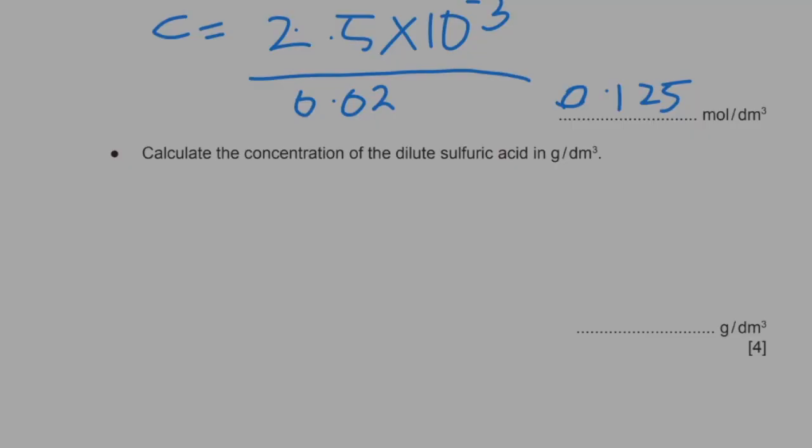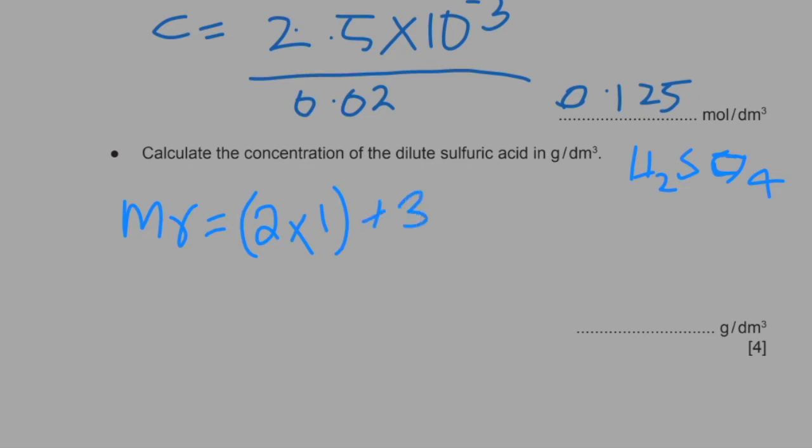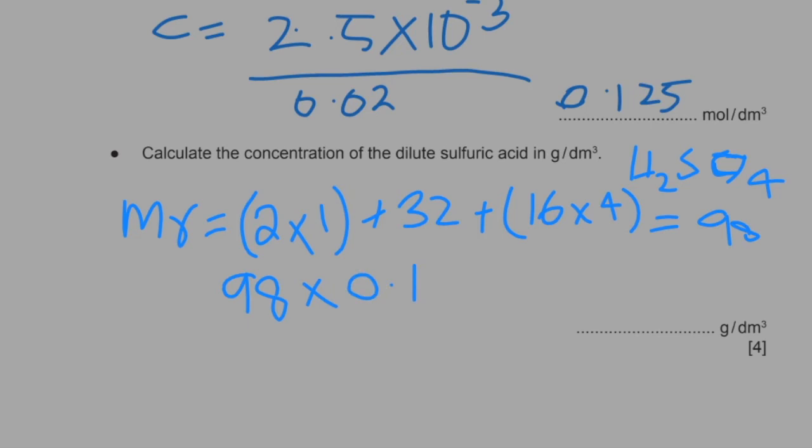So the molecular mass of sulfuric acid would be 2 times 1, 1 being the mass of hydrogen, since there are 2 hydrogen atoms in each sulfuric acid in the formula, and then you add the mass of sulfur, and then the mass of oxygen times 4, because there are 4 oxygen atoms, which would be 98. Then you multiply this molecular mass with the moles, and that gives the mass,